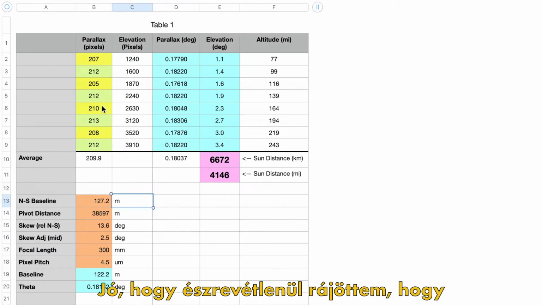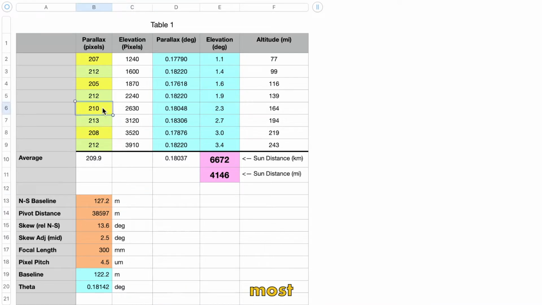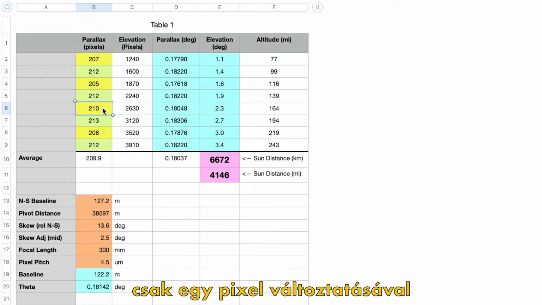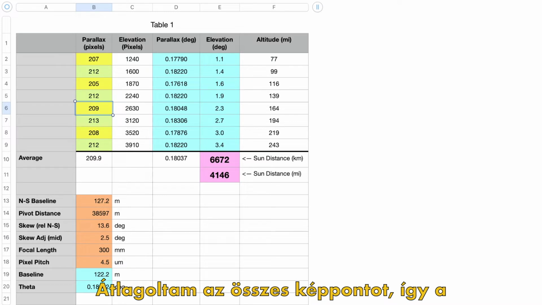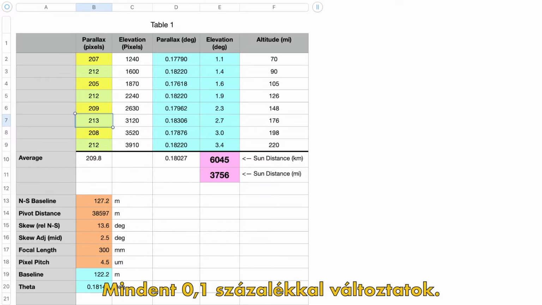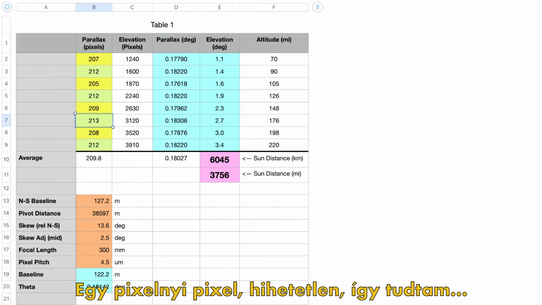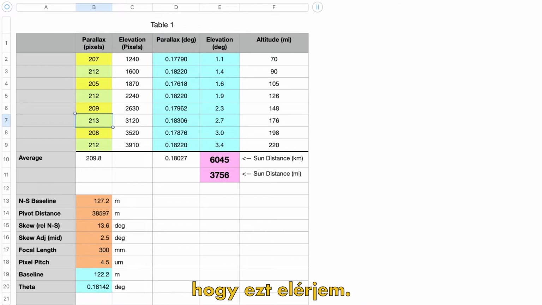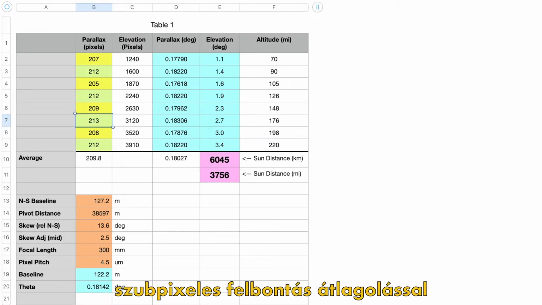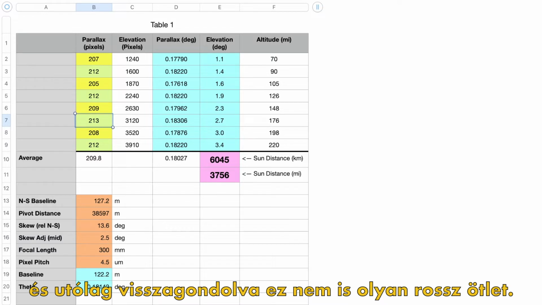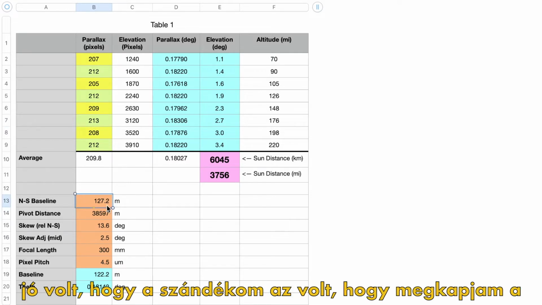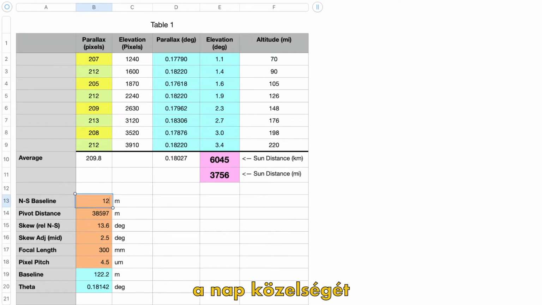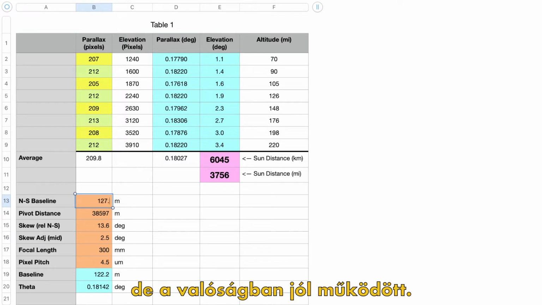good. Unbeknownst to me, I realized that now, by just varying 1 pixel, I am barely changing the average. I was averaging all the pixels, so in effect now, I am changing everything by 0.1 of a pixel. Just incredible. So I was able to achieve that sub-pixel resolution through averaging. And in retrospect, this is a no-brainer. It's done in astrophotography with multiple photos and everything, you know. So it was good. My intention was to get the proximity of the sun, but in actuality, it worked out